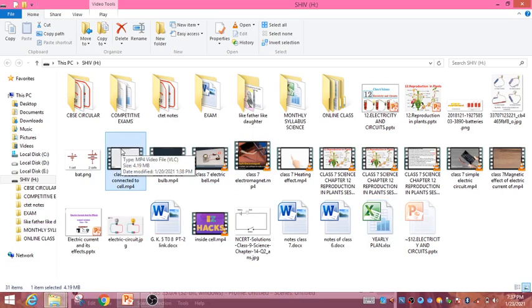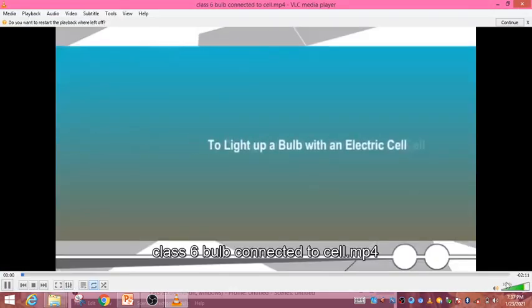See, you don't have electric circuits in your textbook. We are learning because these things are there in your 7th standard. So you should know what an electric circuit is. In your book the point is given that a bulb connected to the electric cell means your circuit, your electric circuit, to light up a bulb.